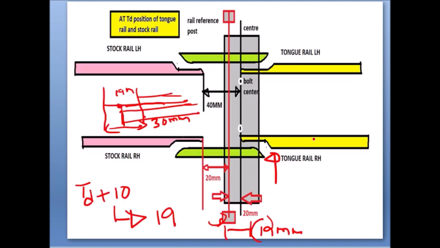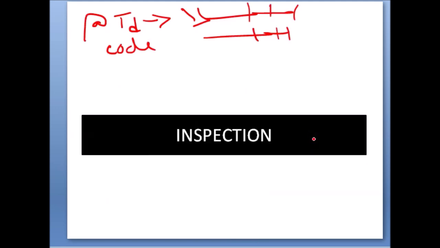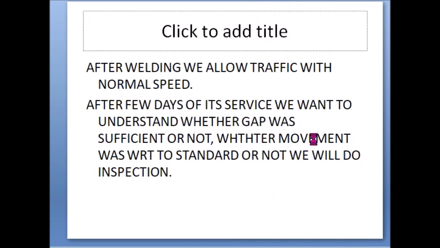So once we know the position of the tongue rail, we will adjust it, and we will start doing welding, and once we complete welding, we will remove all caution orders and we'll allow the traffic. So after our welding, we allow traffic with a normal speed,